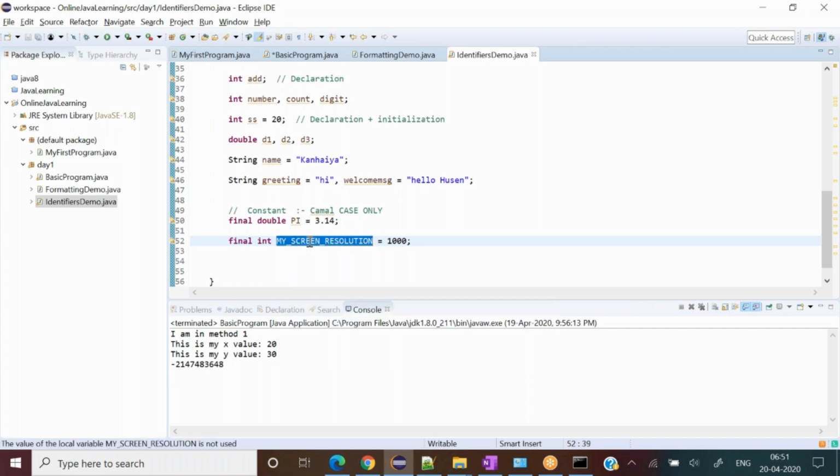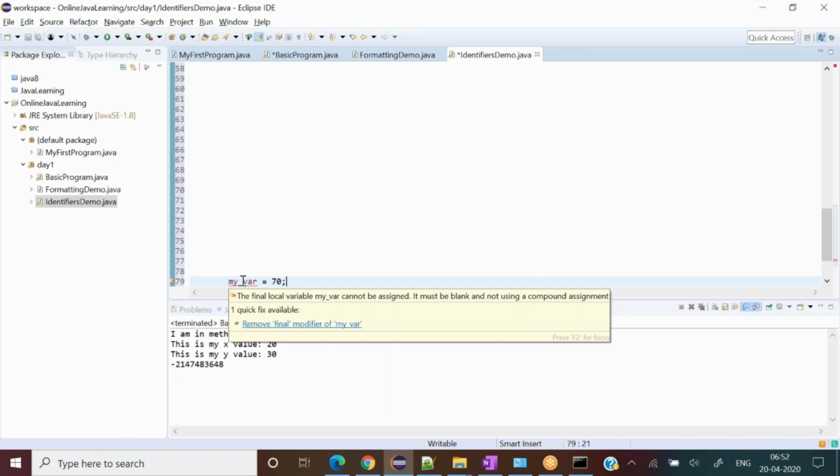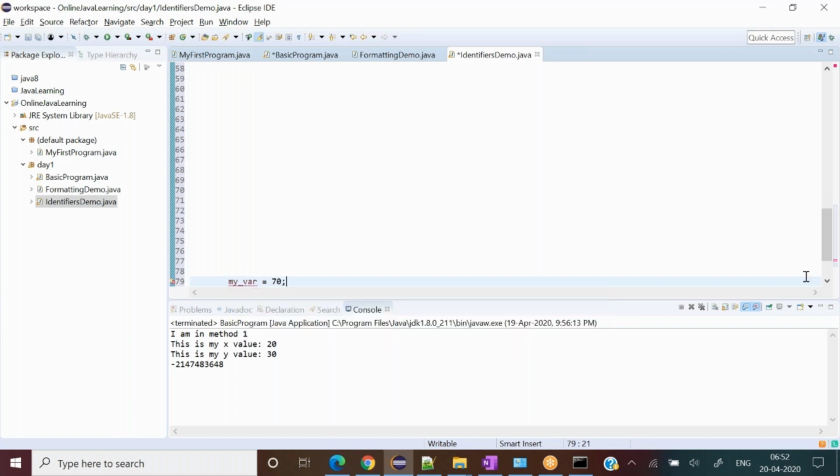Otherwise there might be a chance, if I declare it in lowercase, nobody stops me, but that is good practice. Down the line, if I try to change it and write something like 70, then it starts complaining, and I'll think why it is not allowing me to change the value.